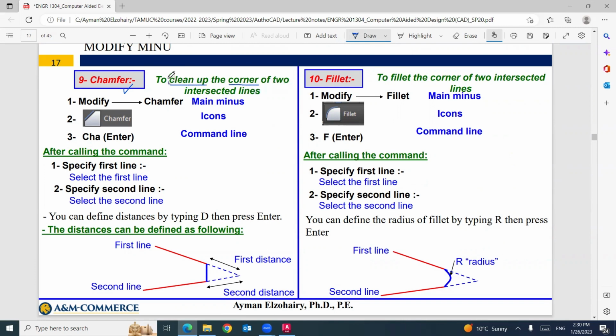I will not say clean up, because sometimes we need not to clean up, but to adjust the corner. We will see. Chamfer can be called from the main menu, modify, chamfer, or this little icon, or CHA, enter.